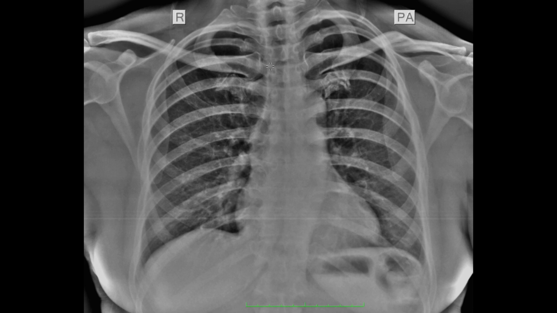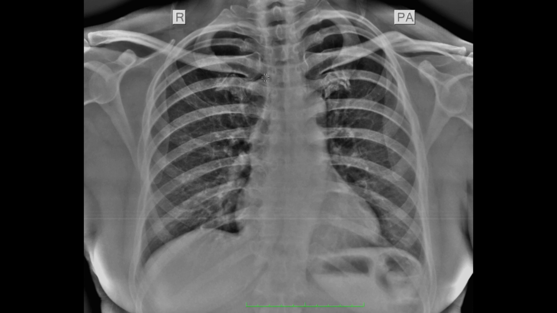This white line here is called the paratracheal stripe. It is formed by a thin rim of soft tissue lined by air on both sides, the tracheal air on one side and the air in the right upper lobe on the other side. So this soft tissue is called the paratracheal stripe. Normal width is up to 5 millimeters. And what constitutes the paratracheal stripe is the tracheal wall on one side, and the parietal and visceral pleura on the other, with some mediastinal fat and lymph nodes in between the two.